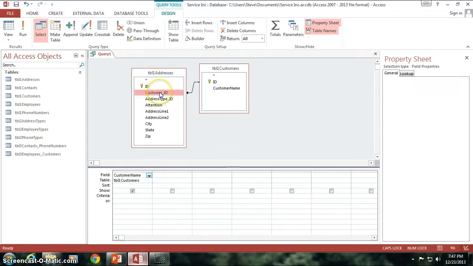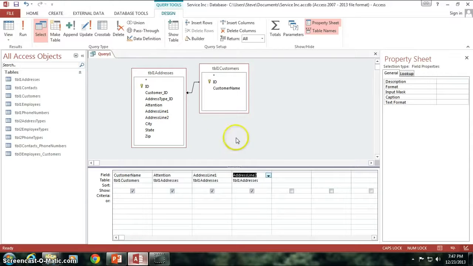Then I don't need the customer ID, I don't need the address type ID, but I will need the attention field, because if I have a specific person I want my label to say it's going to, then I obviously want to have their name in it. Then I also want to get address line 1 and line 2, and you can see I'm just dragging and dropping those things. The other thing you can do is you can actually highlight